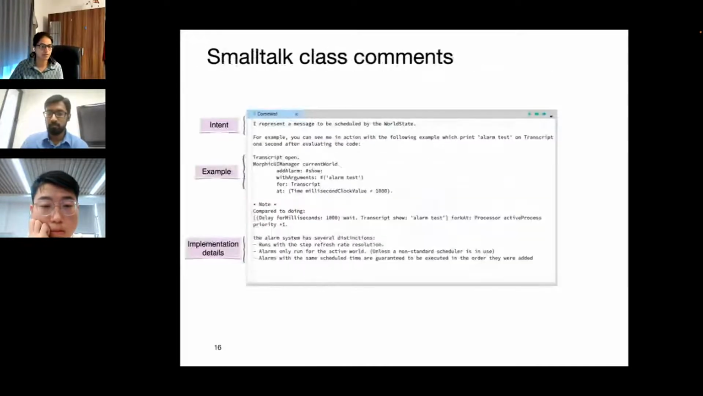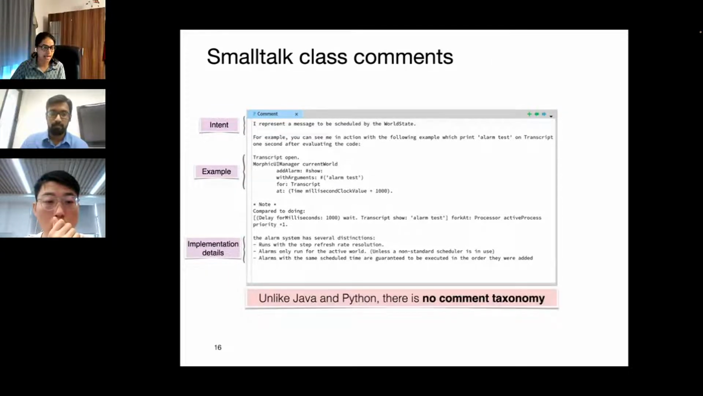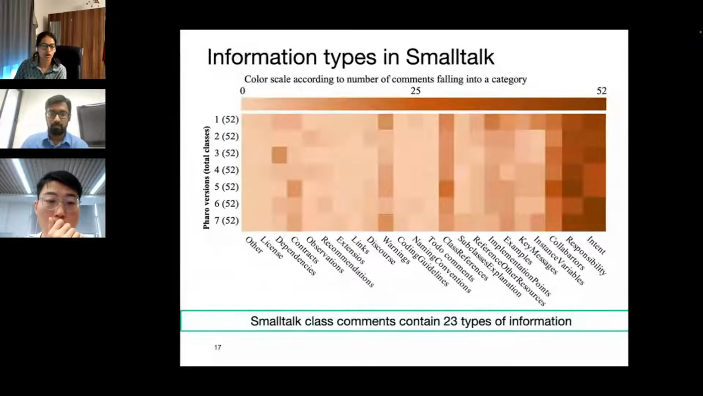What I mean by information is things like intent, example, implementation detail. This type of information segregation has already been done in Java and Python. However, for Smalltalk, there is just no common taxonomy. So we wanted to see whether there is some other kind of information available there, or what the spectrum is. What we found is that class comments in Smalltalk contain 23 types of information,